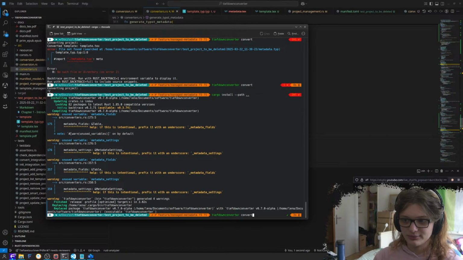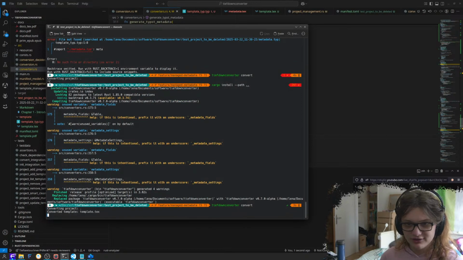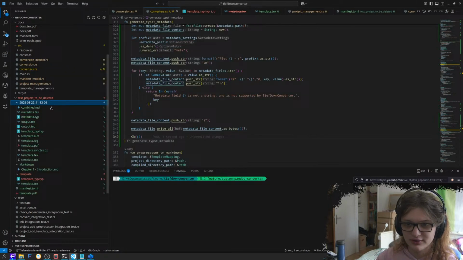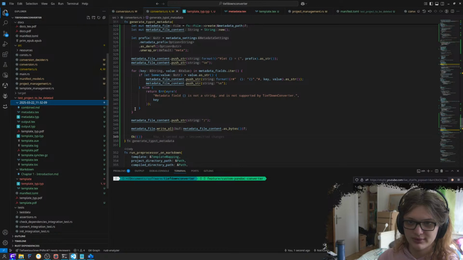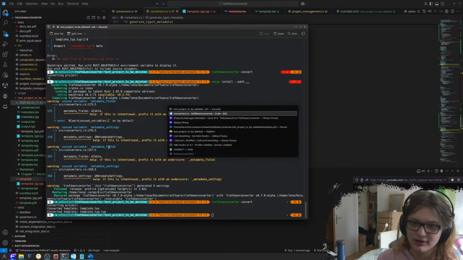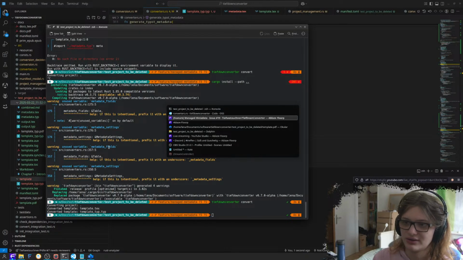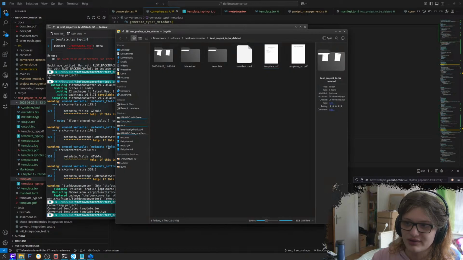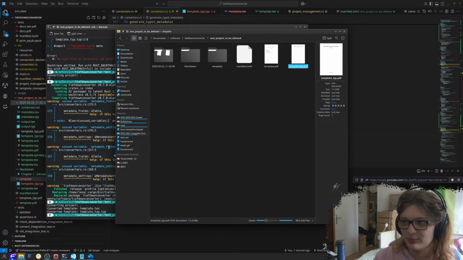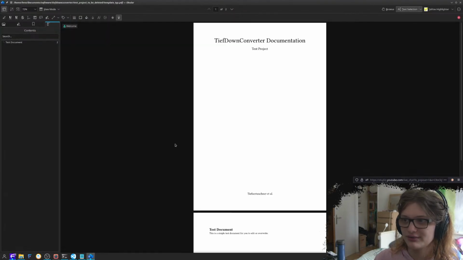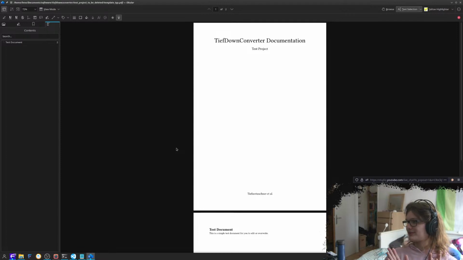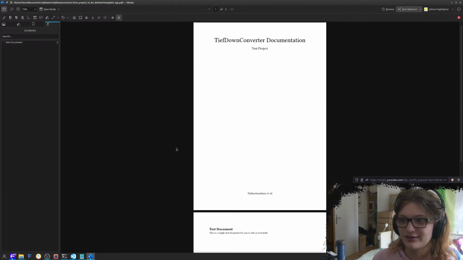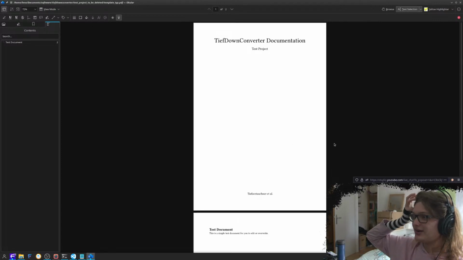You failing? No. Good. Let's see if it converts the metadata.typ. Oh my god, did. Then let's just see what template typ.pdf has to offer. TiefDownConverter, test project. It worked. It simply worked. We can now do metadata in our